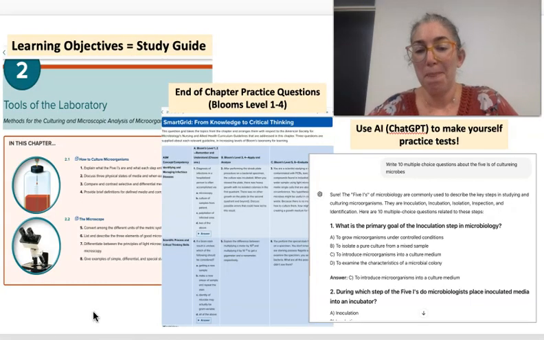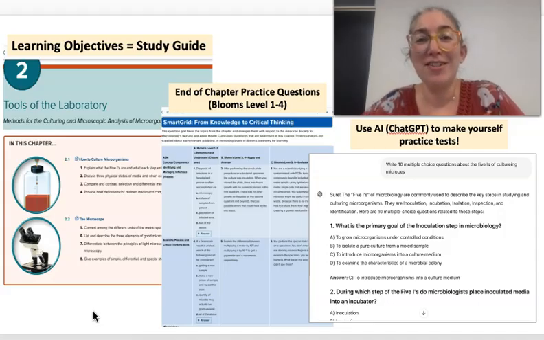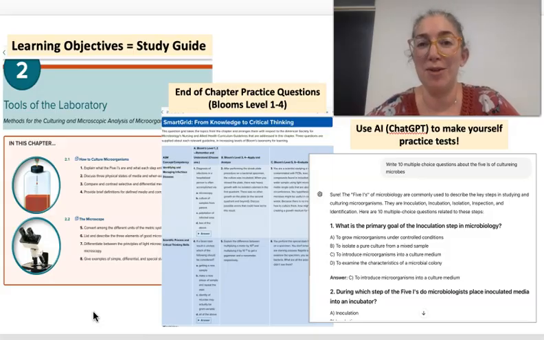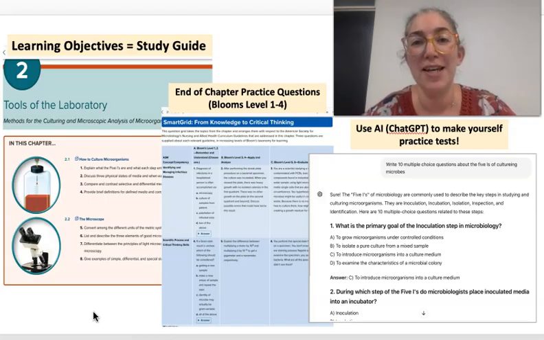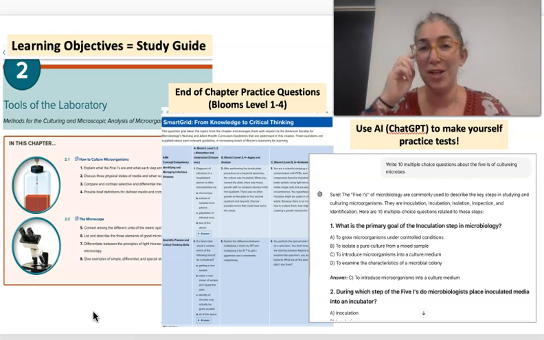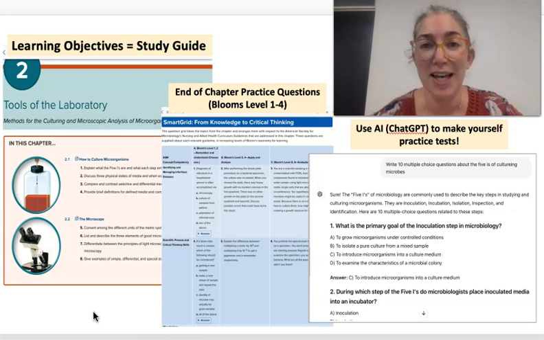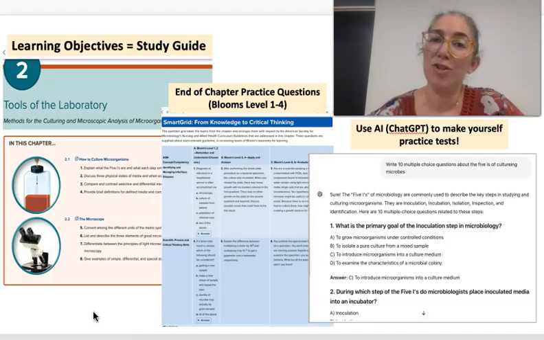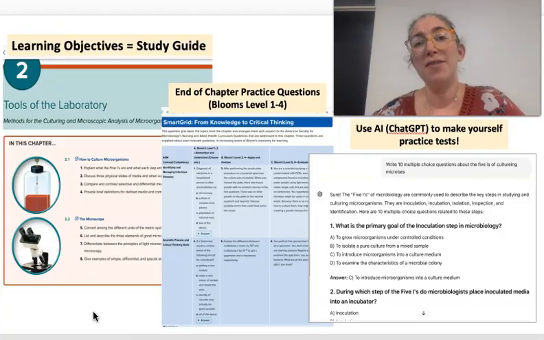And a great tool that everyone has available to them nowadays is artificial intelligence. And artificial intelligence can be a really useful tool for studying for tests because you basically have unlimited practice test questions at your disposal. You can simply go to ChatGPT and ask it to write you some multiple choice questions, and it will. Are they going to be 100% correct? Questionable. 90% correct? Probably. And they'll definitely be a useful tool to help you practice and recall information,